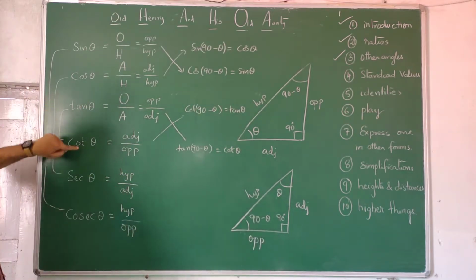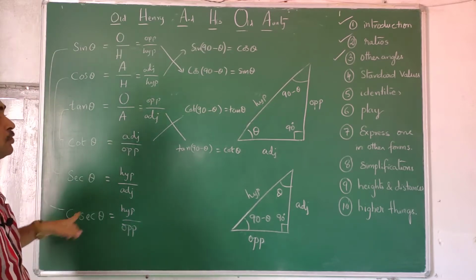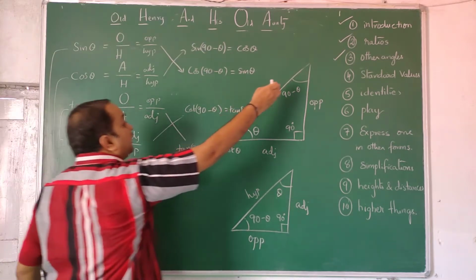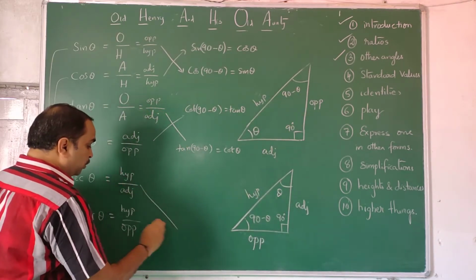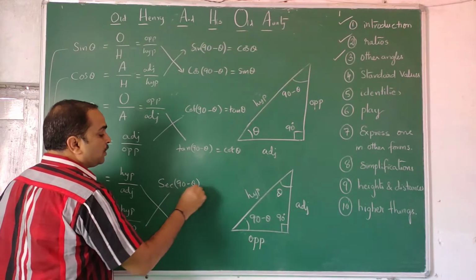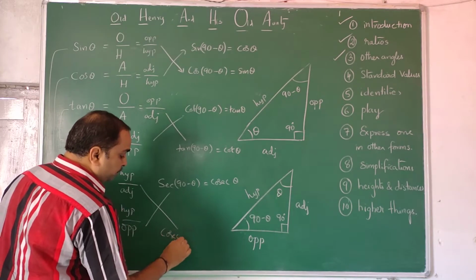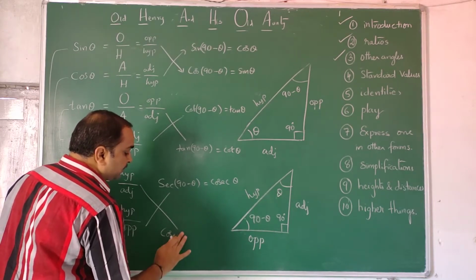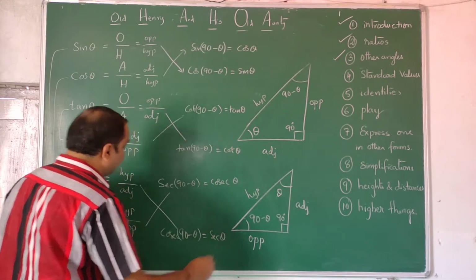These are different. Tan reciprocal is cot, cos reciprocal is secant, sin reciprocal is cosecant in terms of ratio. Here 90 minus theta I am talking. That is the other angle. If I take this as theta, the other one I am calling the other angle. Similarly, between these two you can have an exchange. Secant 90 minus theta is cosec theta. Cosecant 90 minus theta is secant theta.